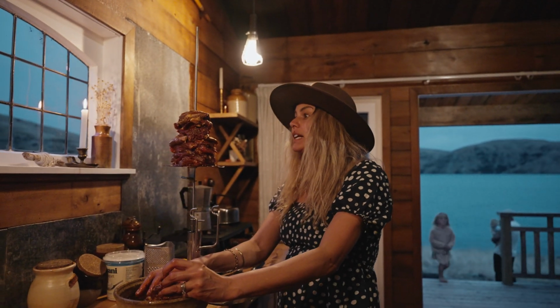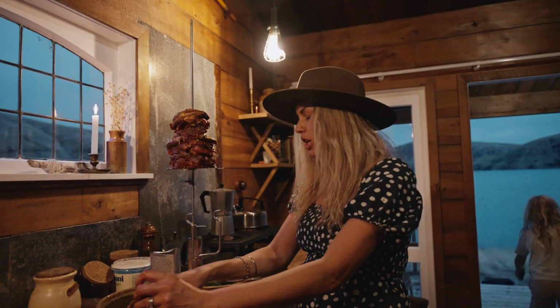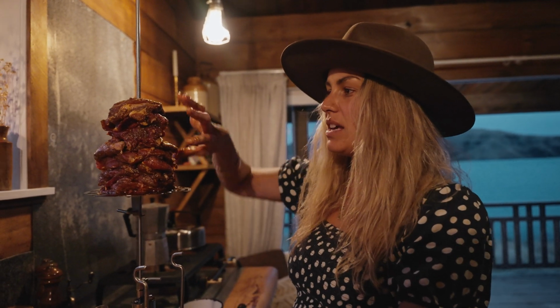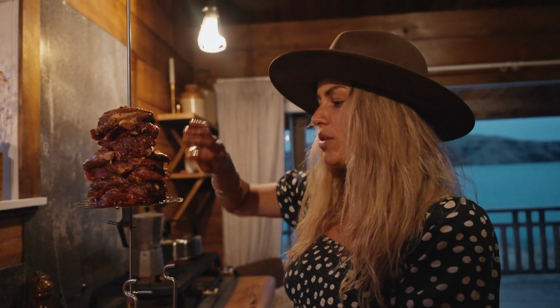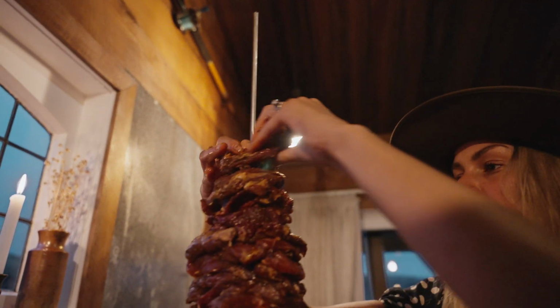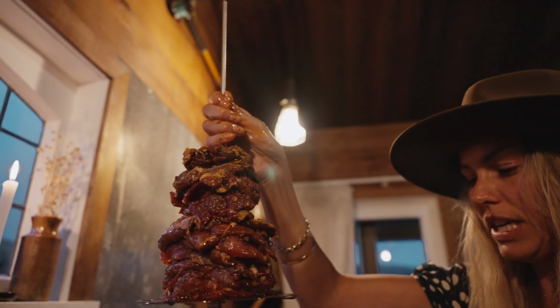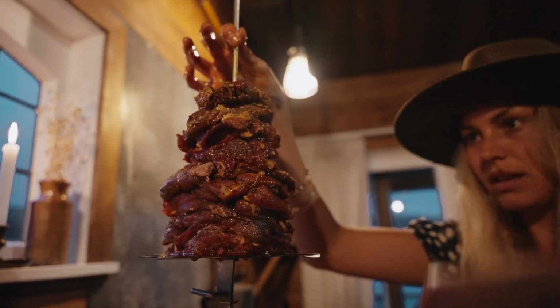Anyway, I've started threading onto our skewer here, our spit, and I've been working with the rounder pieces first and then crisscrossing them as they get smaller. You can do it the opposite way and do smaller pieces at one end, and then in the center have the fatter pieces. But I like when we shave off, which I'll show you later, what those pieces do. So just continue to thread, move in different directions. You can feel where they need to go, press them in. You don't need to press too hard, it's just getting them in the right spot, because we're going to put the other